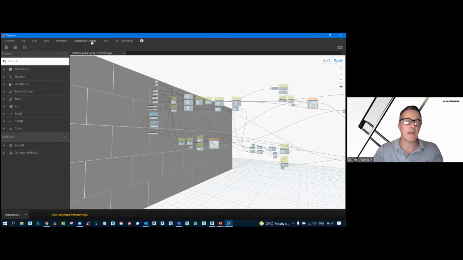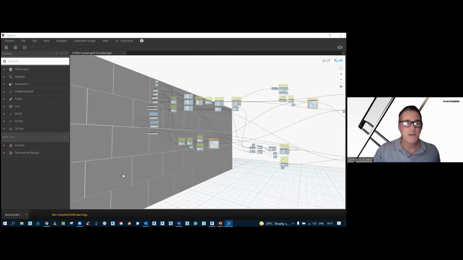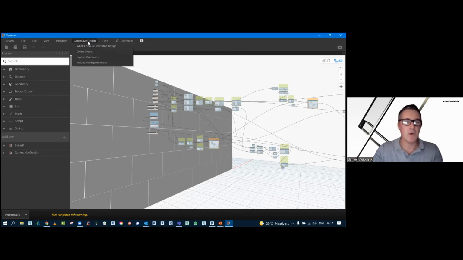The other one here is generative design. This is when you do it from scratch in Dynamo and then launch Revit. This one here will also have a number of samples available for you. And then also the dictionary, should you want to know what all these node names are, and then links to the Dynamo website. I'm going to see, is it going to take me to the samples? Maybe not, maybe I haven't got it built in just yet.